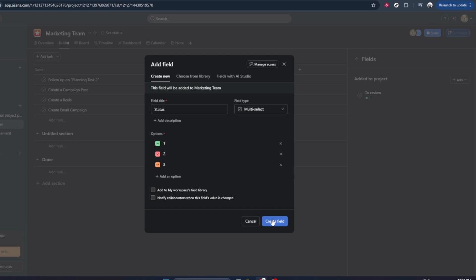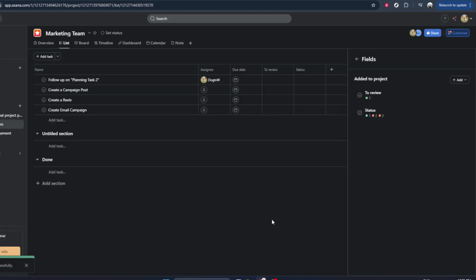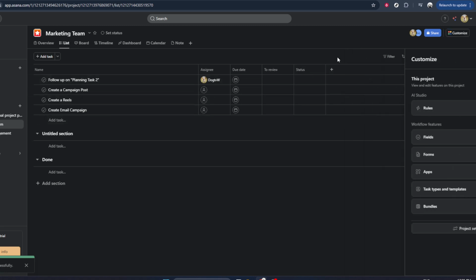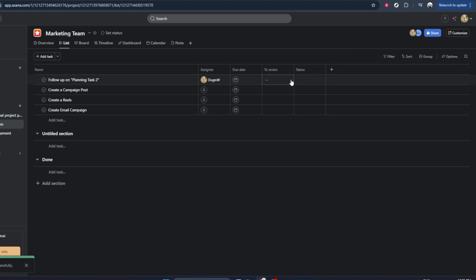If your field type includes options, such as a drop-down, you will then type in the option names. For example, if you're creating a priority field, your options might be high, medium, and low. Add each option one by one, making sure the wording is consistent and easy to scan. When you're happy with the title and the options you've set up, go ahead and click Create Field. As soon as you do that,